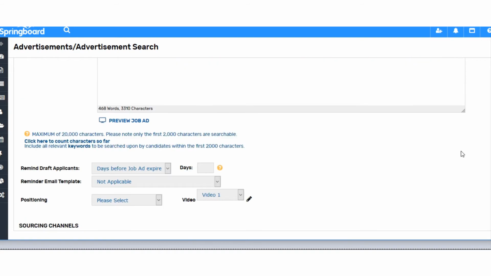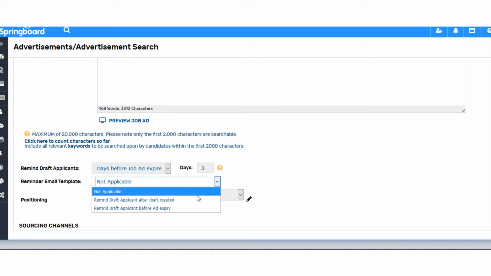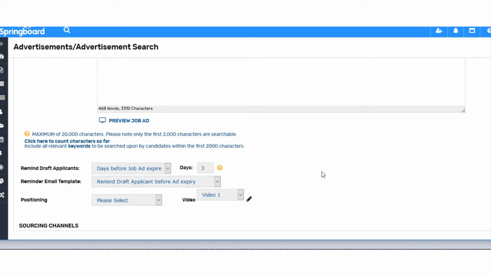If we scroll down further, we also have the option to select a draft reminder email. That essentially means that if a candidate has begun applying for a position but hasn't completed it and is currently in a draft status, we can select an email that goes out to them before the job ad expires. So we might say 3 days before the job ad expires that it sends them the reminder that they need